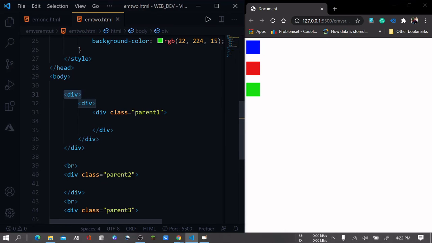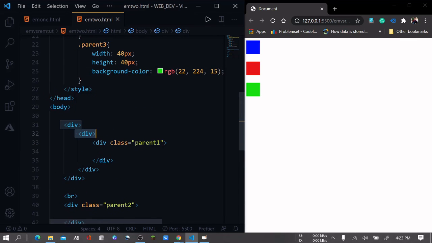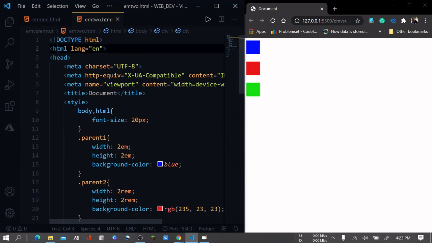So em will look at the closest parent, and rem will always look at the HTML document, this one.